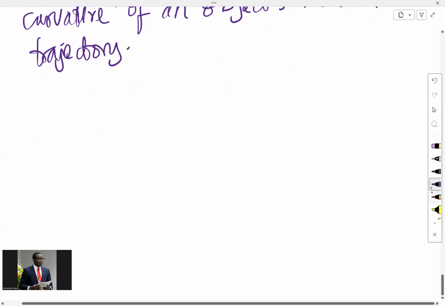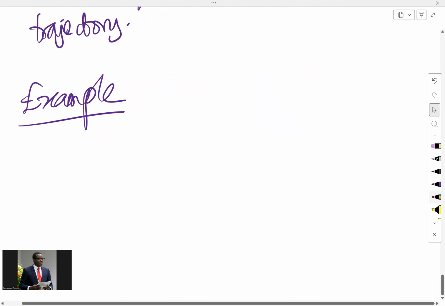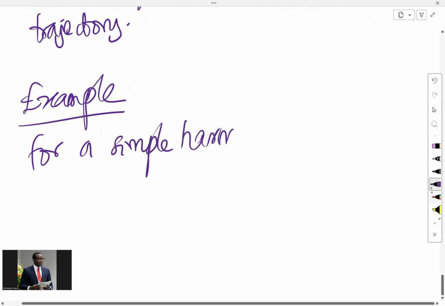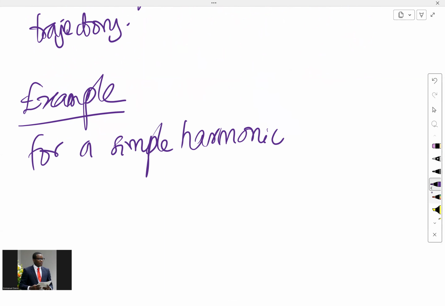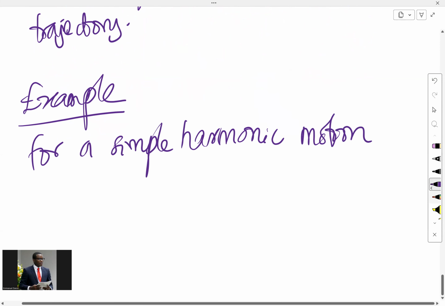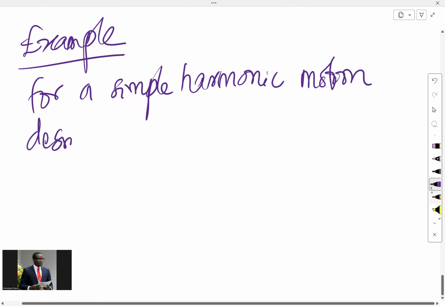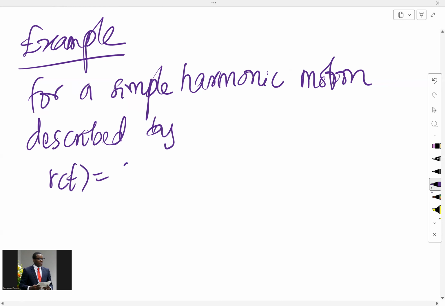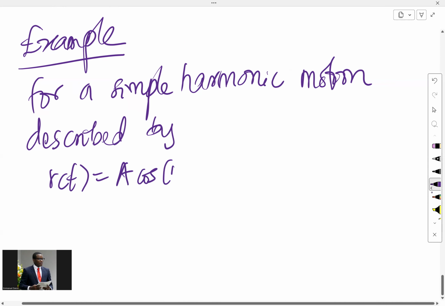So we have this, that for a simple harmonic motion, harmonic motion talks about something periodic, something like what happens with a pendulum. So for a simple harmonic motion described by, say, this r of t equals a cos omega t, where a is the amplitude, then you have the angle and all that,